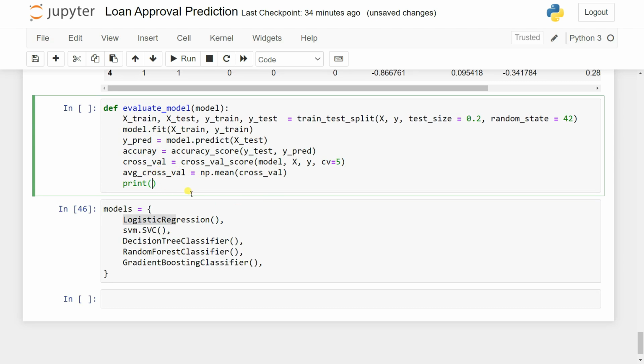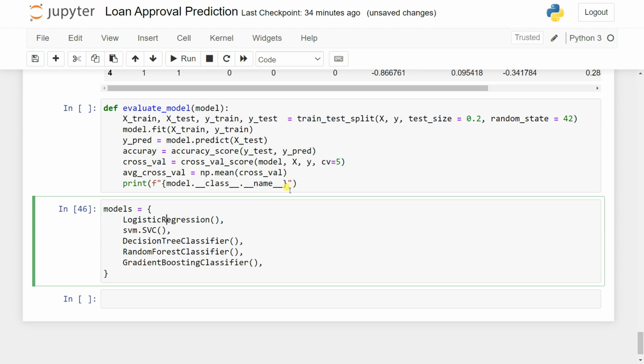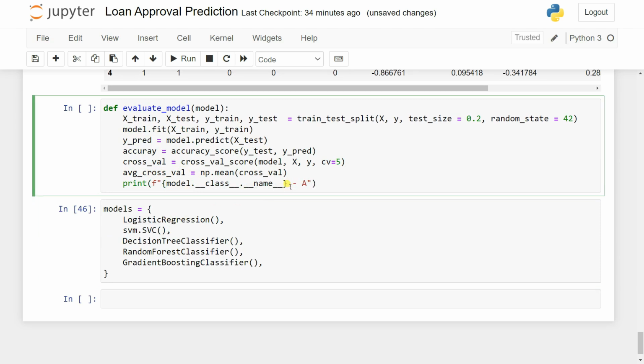I'll discuss this later on. Why? Because it's needed in our hyperparameter tuning. So let's say model.__class__.__name__. It will give you the model name, which one you're going to pass here. Then what I can do is simply take in that, let's say